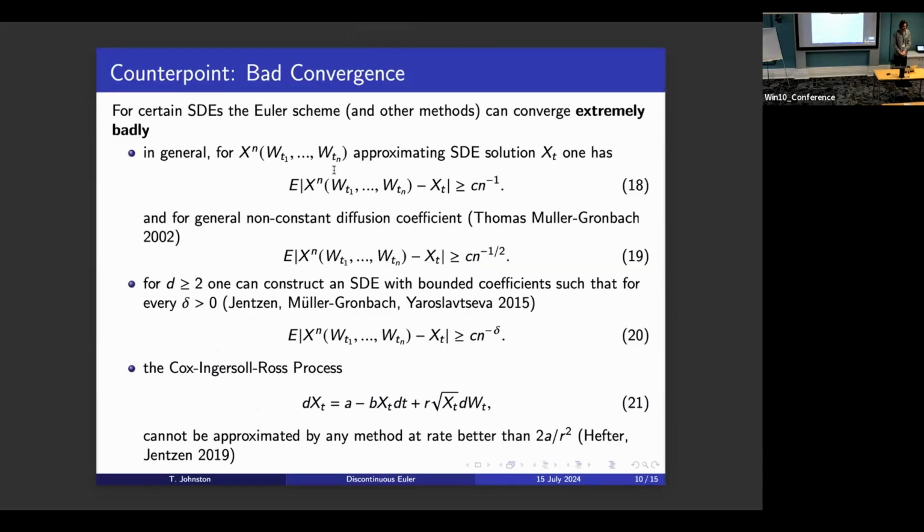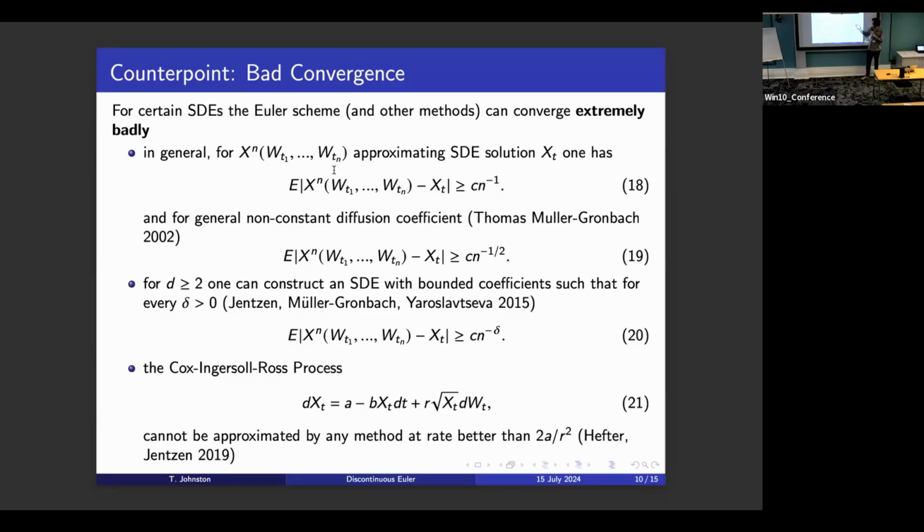I was wondering about the negative results. Do they also always assume constant step size, or can you also have a different step size schedule? No, this is the thing. There are so-called adaptive methods where one chooses the step size. If you're at point T1, you choose where to place T2, how big to pick the step size. But you can have non-constant step size, but it has to be decided prior. So these bounds are all for where you pick some T1 to Tn, and then you run your simulation just knowing the noise at those points.